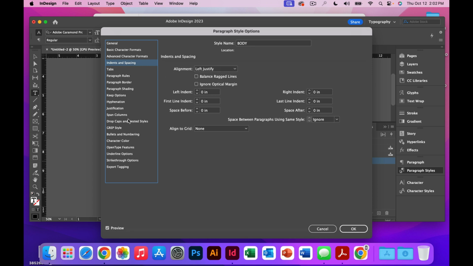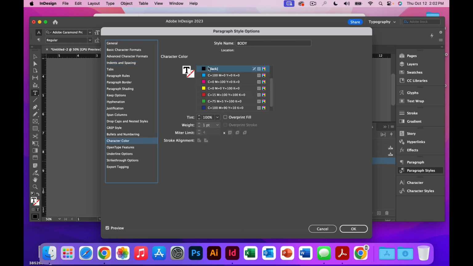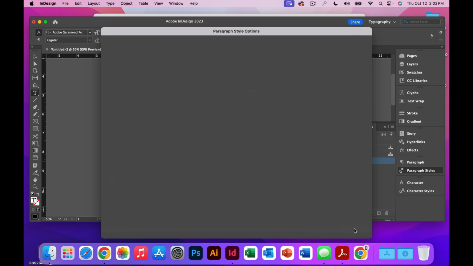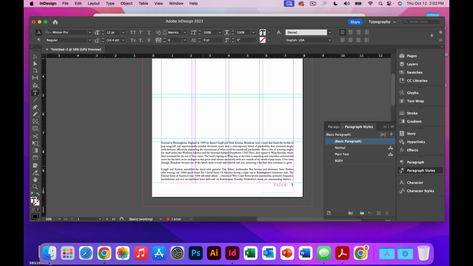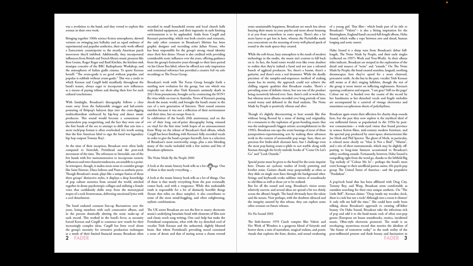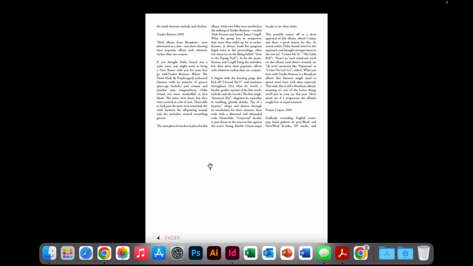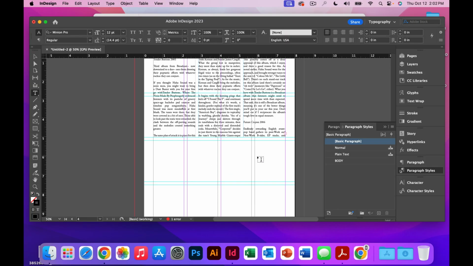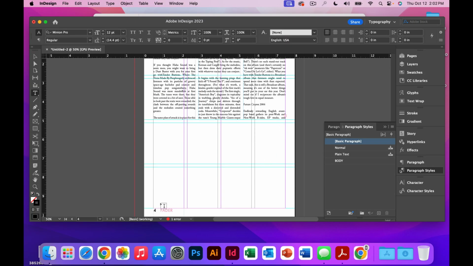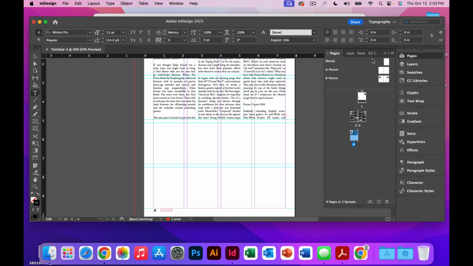If we wanted to change the color, we could do that down here. But we want it to be black. We want it to read like regular text, so we're going to hit OK. This is what our article is starting to look like, and it's looking a little bit more normal. I would say it's looking more like a regular article. And if we go back to our page 1,